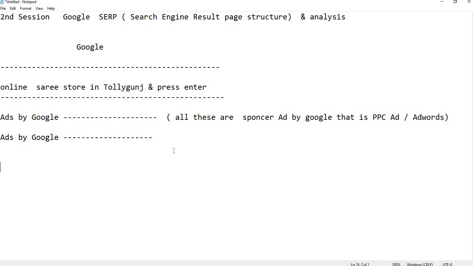Now the second thing that comes is Google Map. It comes like this.